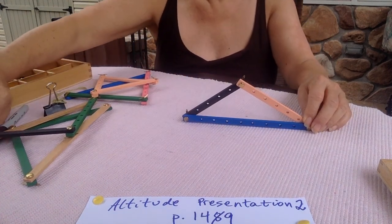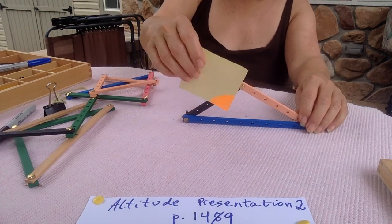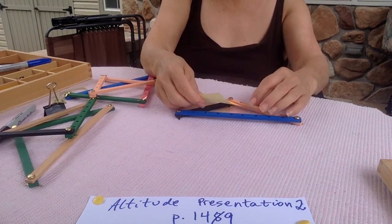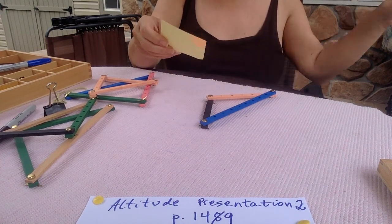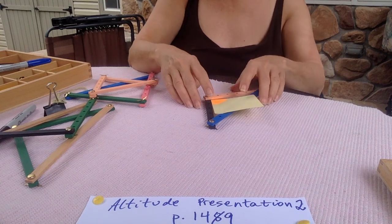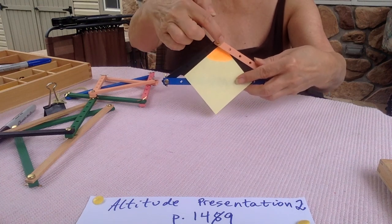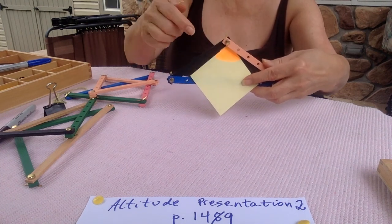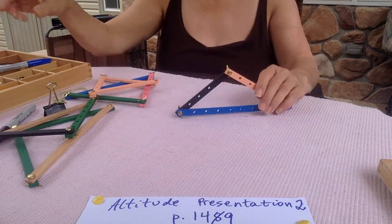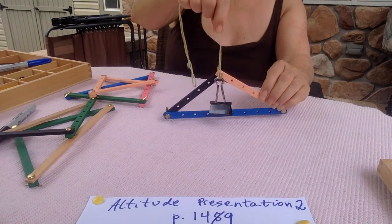So again, if you want to use your measuring angle to prove that it's greater than 90 degrees, you could show it this way. So you see that this is not along this side, it's bigger than a 90-degree angle. Okay, so this is an obtuse triangle, and I think if we look at the altitudes, you'll see that one